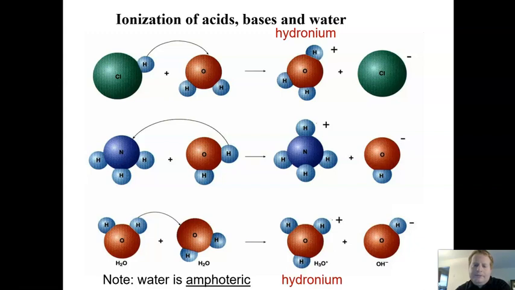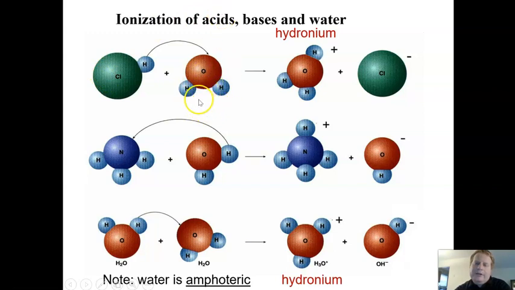Okay. This is seeing some more of that, essentially. So going from left to right, HCl is the acid because it gives its proton to H2O. And then conversely, if we went the other direction, H3O plus, hydronium, if you remember, is the acid, gives its H plus to Cl minus if we went the reverse direction. So acid,